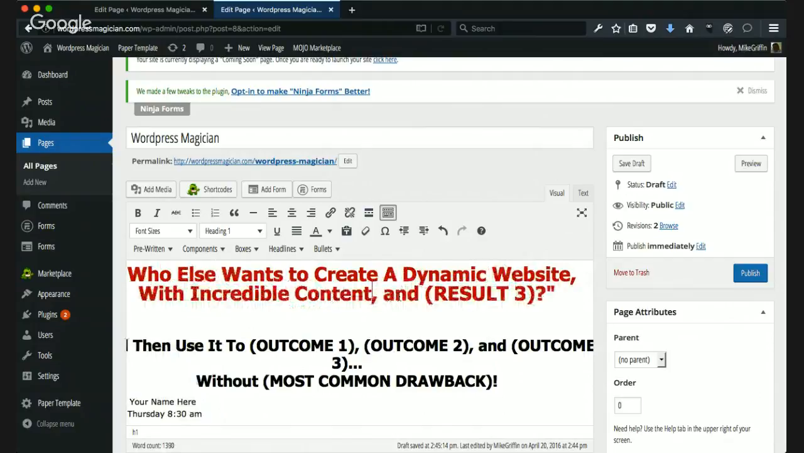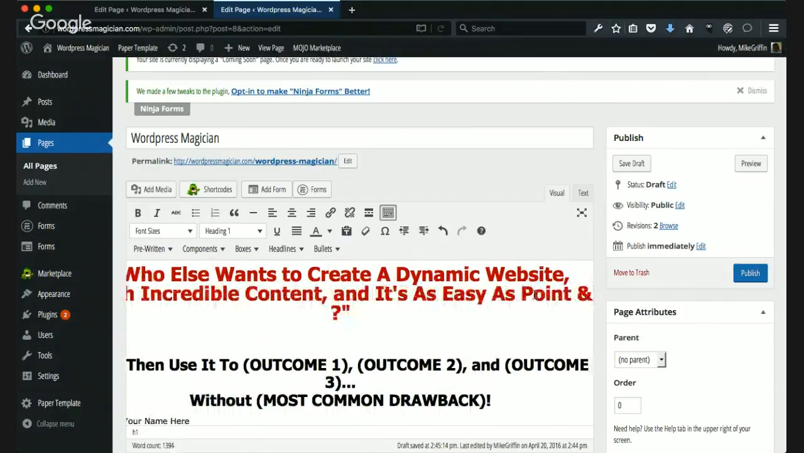And easy to, I guess it's about being easy to maintain as well, so that you can get on there and be updating really regularly and bringing people to your site. Okay. What about saying, who else wants to create a dynamic website with incredible content and it's as easy as point and click? Yeah, that sounds good. So if I just do that there,